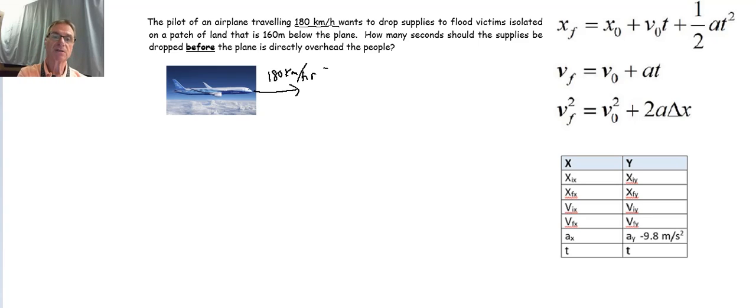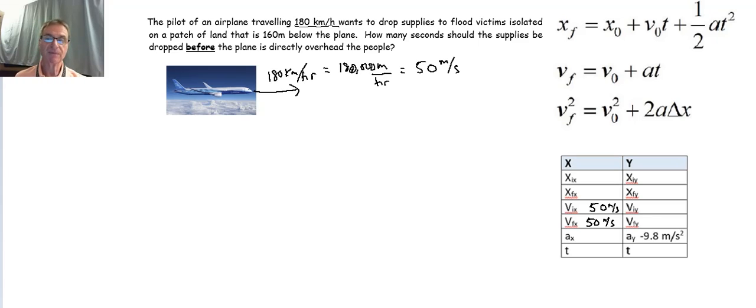All right, so this is the same as 180,000 meters per hour. All right, and if we divide this by 3,600, which is the number of seconds in an hour, we get a horizontal velocity of 50 meters per second. So that's the velocity that our plane is traveling in the horizontal direction. So I'm going to add that to our table here, 50 meters per second. Okay, and that is also our final velocity in the x direction